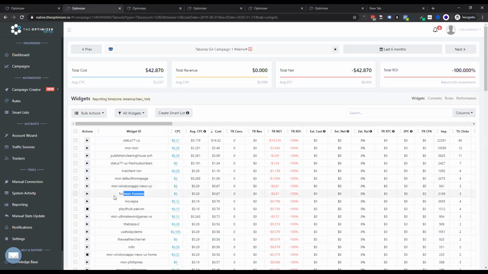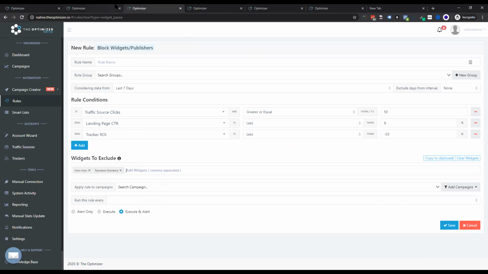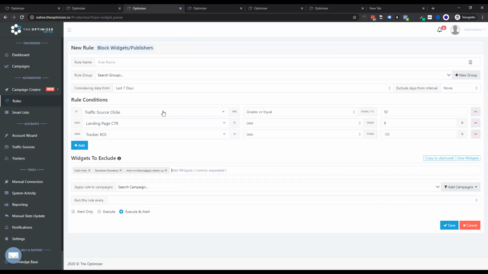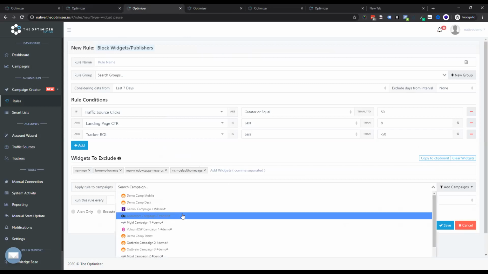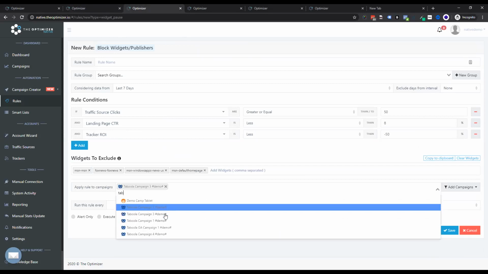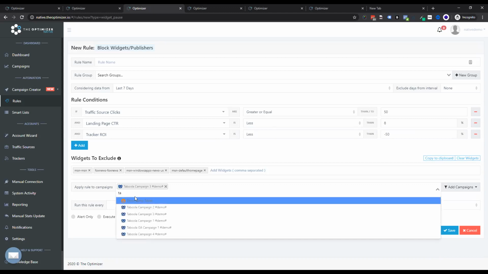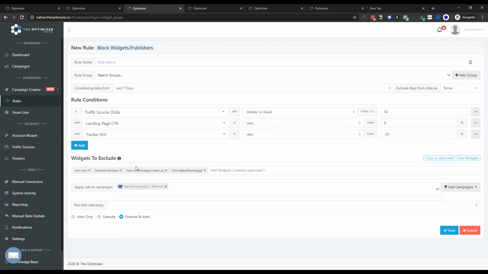I'm picking Fox News and adding it here, or I'm getting these other MSN placements, and by doing so, I'm excluding these placements from being considered by this rule, which means that whenever I run this rule on this Taboola campaign, the rule will block all the publishers that match these conditions,